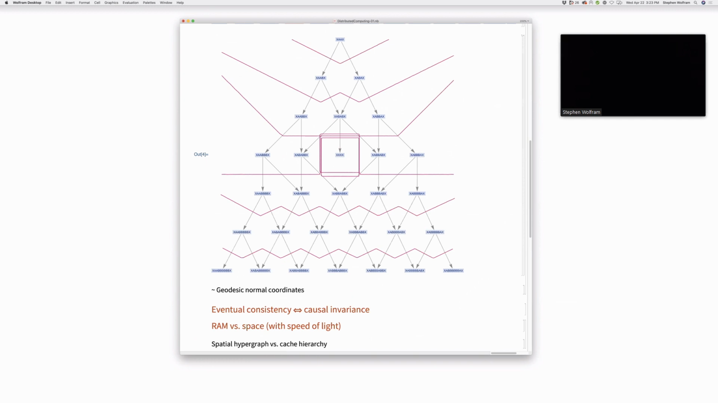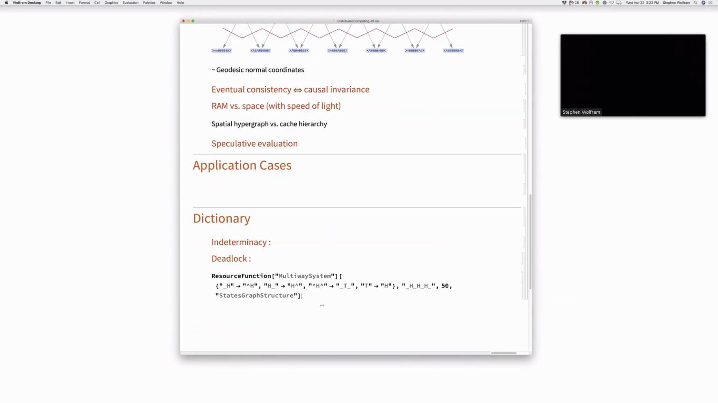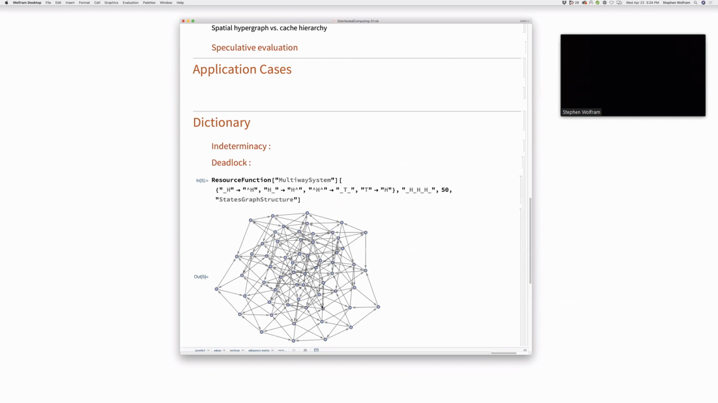Let's see. I'm seeing some stuff here that I'm being told to compute. Let's see, what is this? Is this going to work? Oh my gosh, what is that? That is not. This is